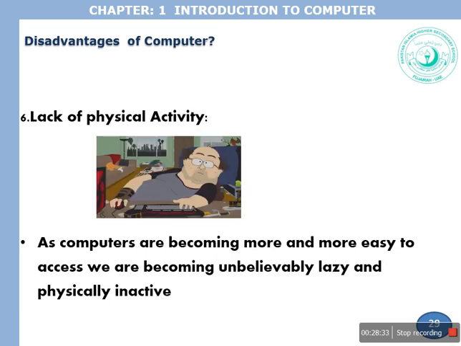And lack of physical activity. I'm scared that, look at the picture, one day I will be like this, because I am a computer guy, and due to the quarantine nowadays we sit in the room for 20 or 24 hours, and we are enjoying a sedentary life. So although computers and the internet are very easy to access, believe me, we are becoming unbelievably lazy and physically inactive,